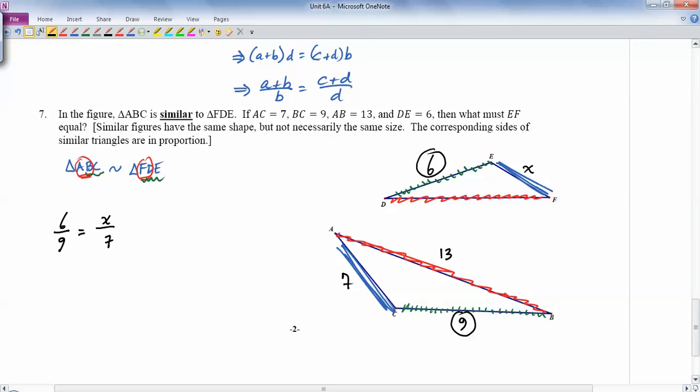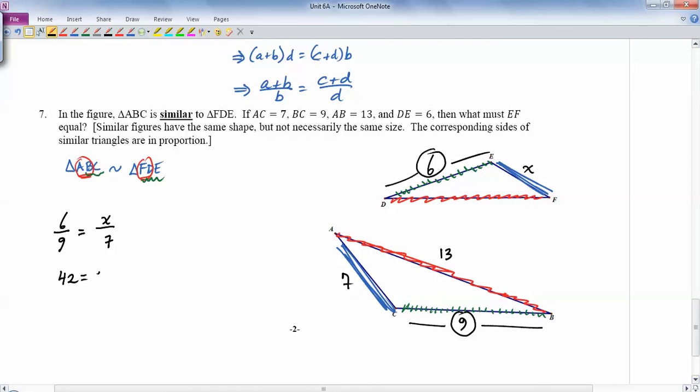Right? You could also set it up the short red over the long red too, but I don't care about the reds. Right? The real key to the problem is finding the two sides that go together that both have numbers associated with them. Because if you have those lengths, you can solve anything else where you know some of the info. Right? So if we cross multiply, let's see, we get 42